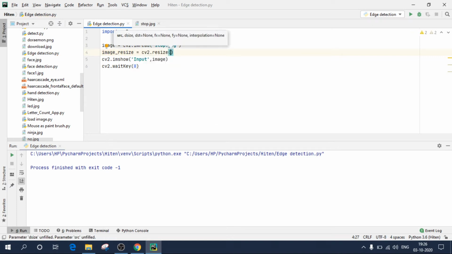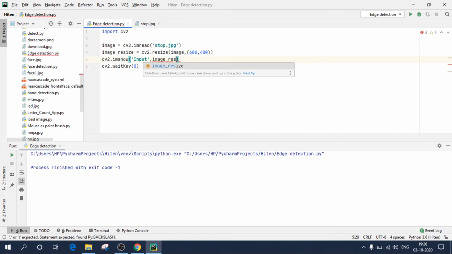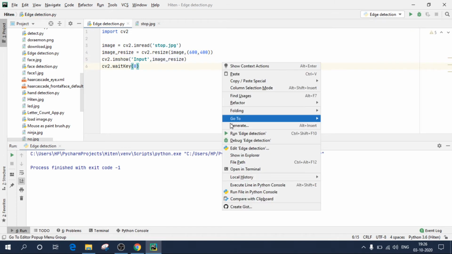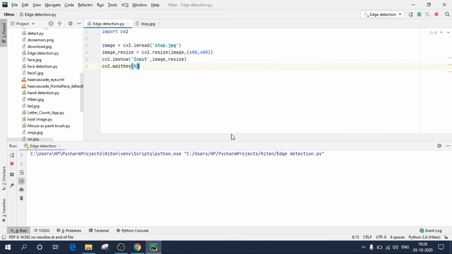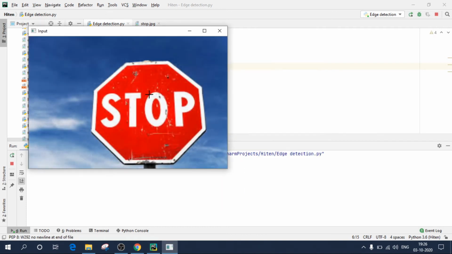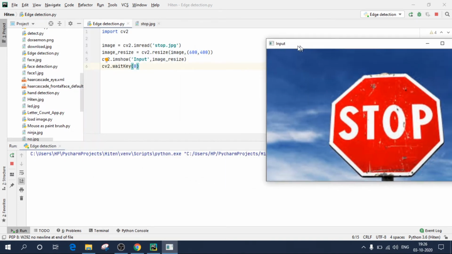Pass the image which you want to resize, that is image itself, comma, write width in brackets, width, comma, height. And over here I'll change image to image_resize. Now execute this code. So this is our final output.